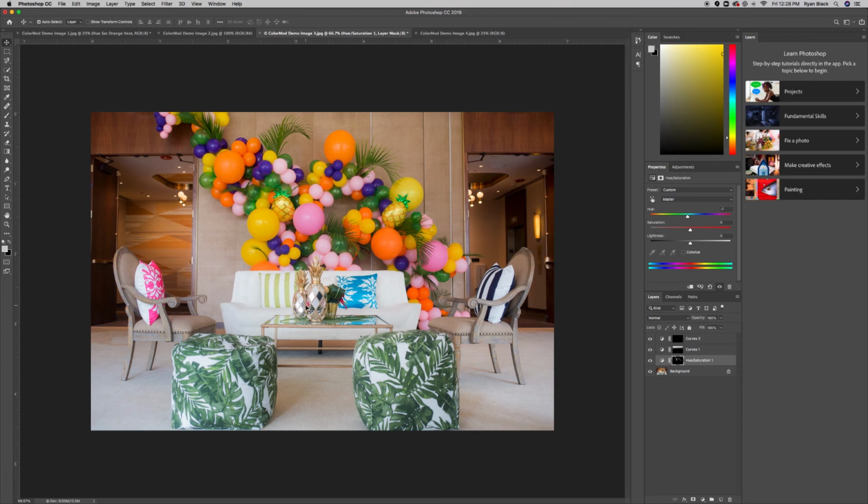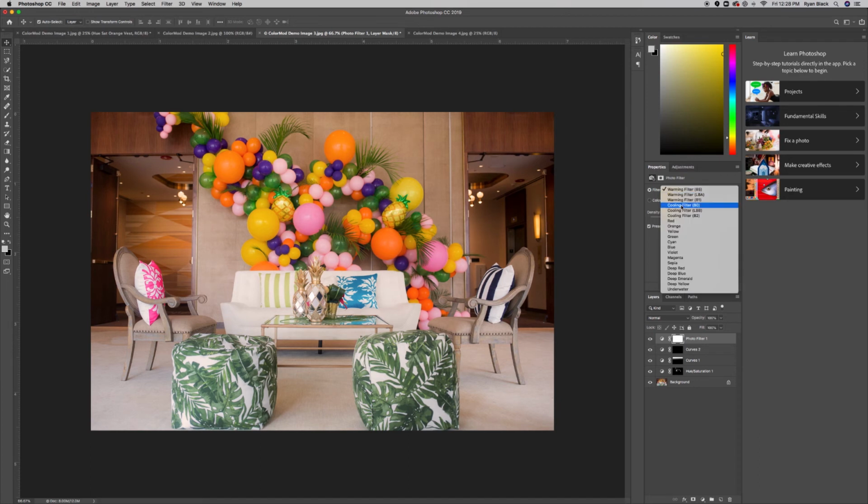So that's curves and hue saturation. If I really want to change the mood or tone of the piece, I could use the photo filter tool, adjustment layer, and add a warming filter, a cooling filter, and then select out what I want the density of that filter to be like. Again, speaking of things that are pink filtered or brown filtered on